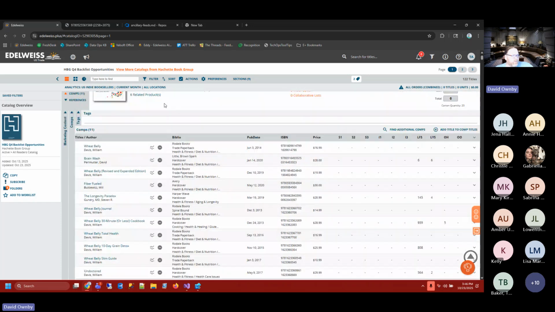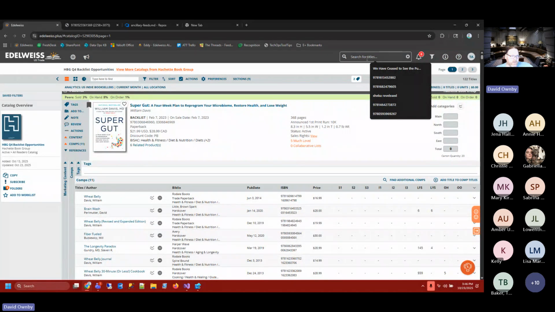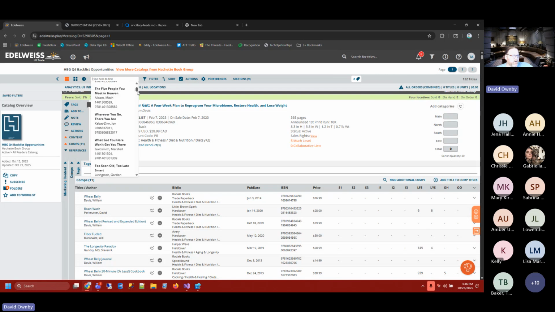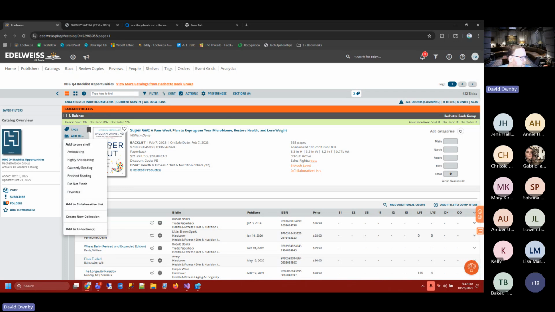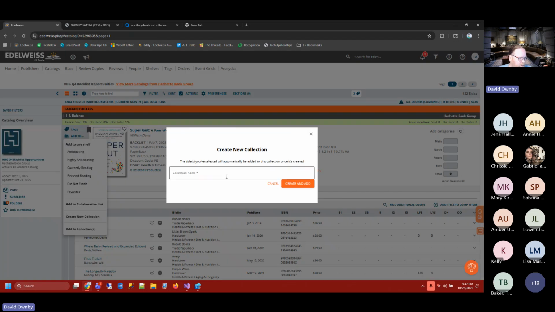You do have the option, if you search here, this is going to be a search of the entirety of Edelweiss. But if you notice this search bar here, you have a drop-down menu of the titles in this catalog, but you can also search by title or ISBN if you were looking for something specific. And let's say that I know that I want to think about having Supergut in my collection. Go ahead. You could shelve it on any of these shelves, but if we do create new collection,